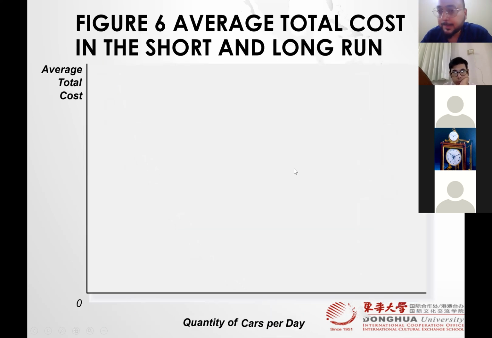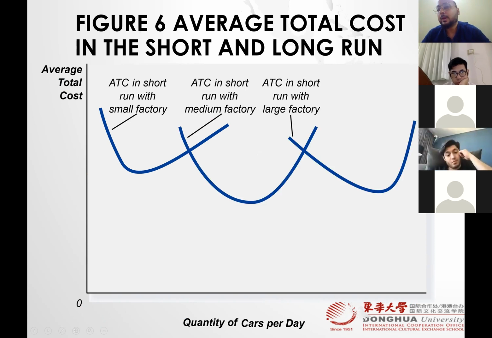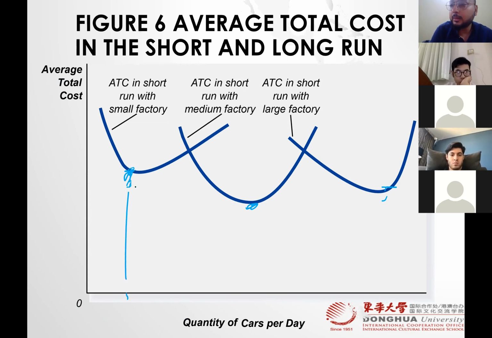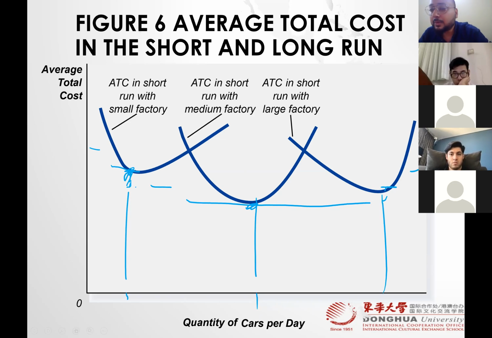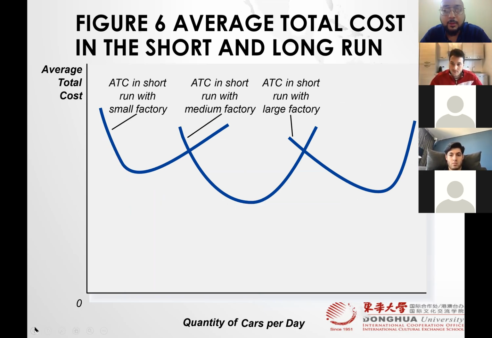So let's talk about how we make the long run average total cost. You see, this is short run average total cost. In short run the company will be producing where cost is minimum, at the bottom. If you connect the bottom, that becomes your long run average total cost. See, these are short run average total cost curves, 1 year, 2 year, 3 year. In 1 year, their average total cost is like this. Next year, like this. Another year, like this. They are becoming big, small, medium on a yearly basis. But if we connect the bottom, because